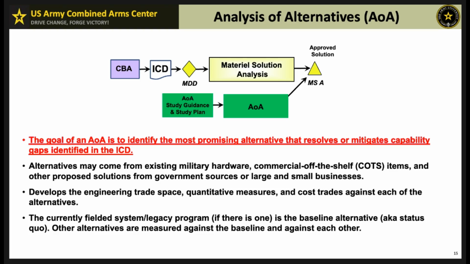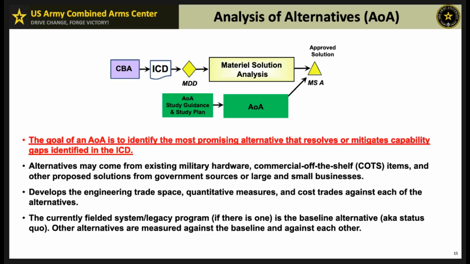The process. The AOA is first conducted during the material solution analysis phase and reviewed at milestone A. So it's a dynamic document subject to updates, particularly at the start of the technology development phase, with another review